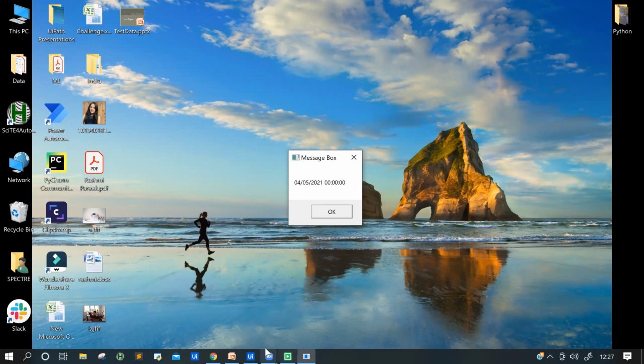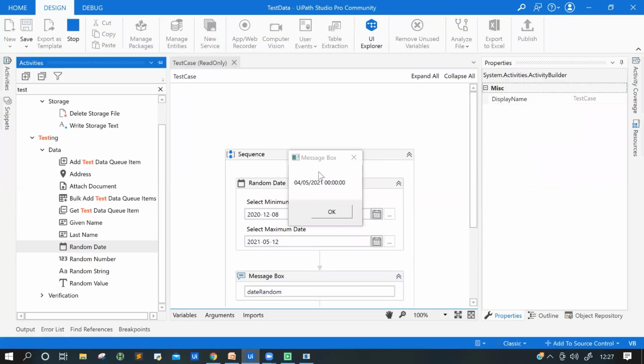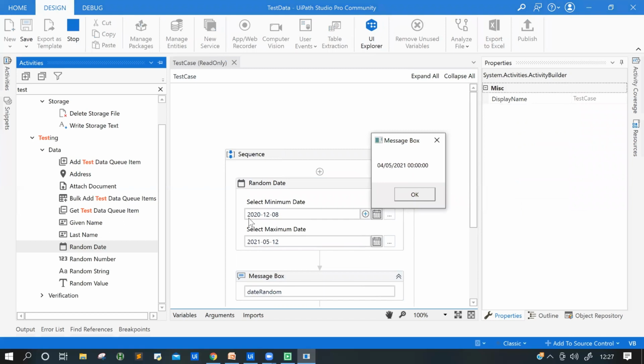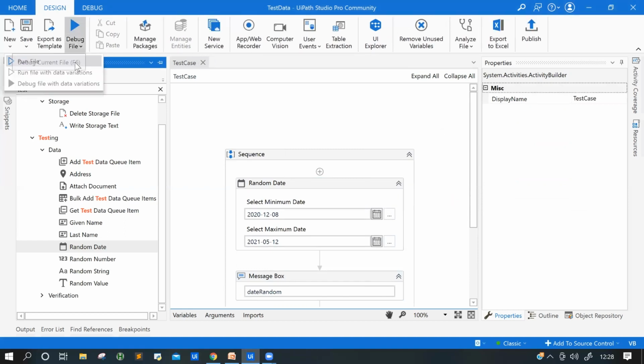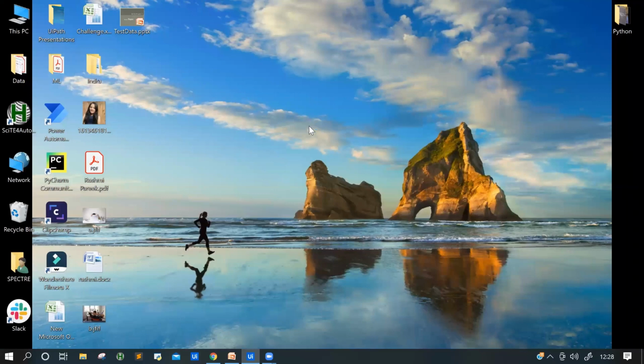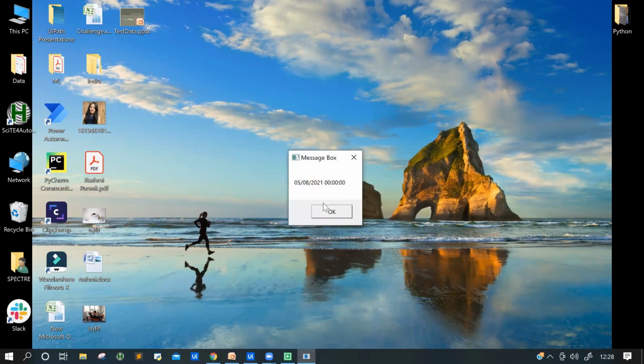And if you see in our UiPath, it is between this, and we are getting 4 5 2021. So randomly you will be getting any date which lies in between. If you go ahead and run it again, you're going to see the same thing. I found it very cool, and these are all the things we need to have in our test cases.